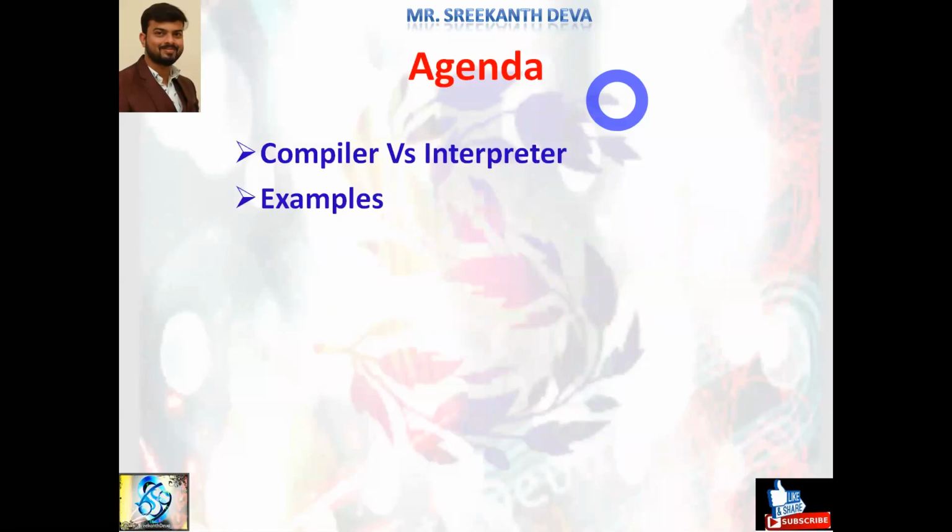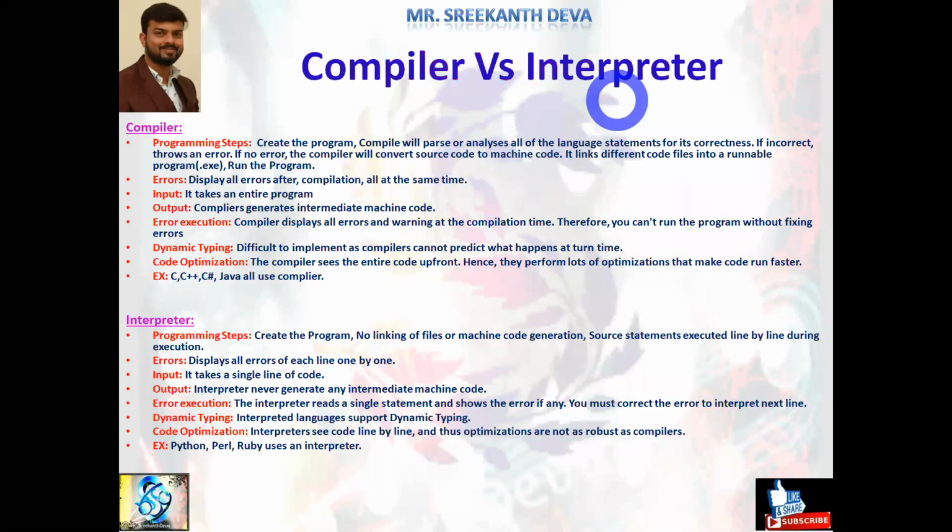In the previous video session, we discussed in detail language translators like compiler, interpreter, and assemblers, and some terminologies about platforms and different types of machine code: source code, high-level code, and machine-understandable code. In this session, we will discuss in detail the differences between compiler and interpreter with suitable examples. What is a compiler, what is an interpreter, we discussed in detail, right?